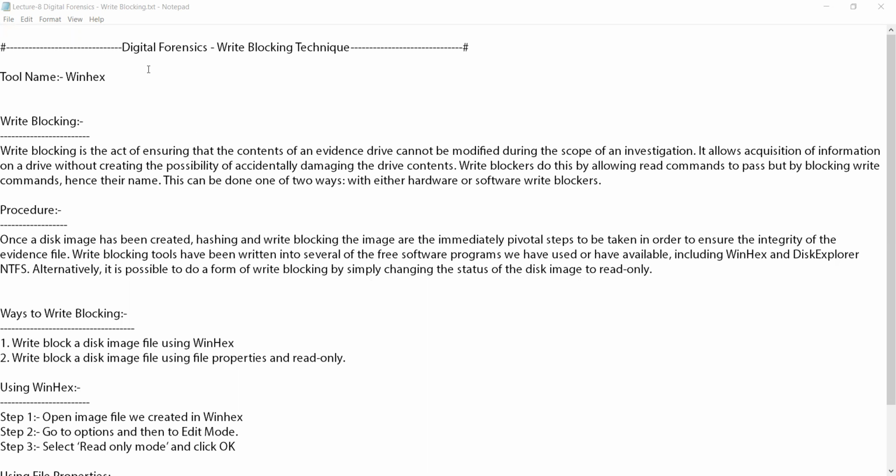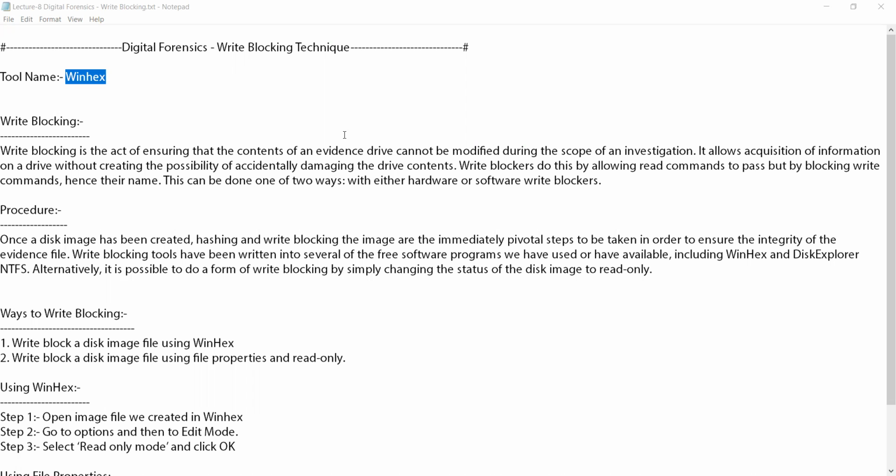Okay, so our topic is digital forensics as a write blocking technique. We are using a tool for write blocking called WinHex. Today we are going to cover the WinHex tool, and by using WinHex you can write block, that is, block the writing permissions of any user who has gotten those files from your system. If a cyber criminal gets those files from your operating system, they are blocked from writing anything in that particular file.